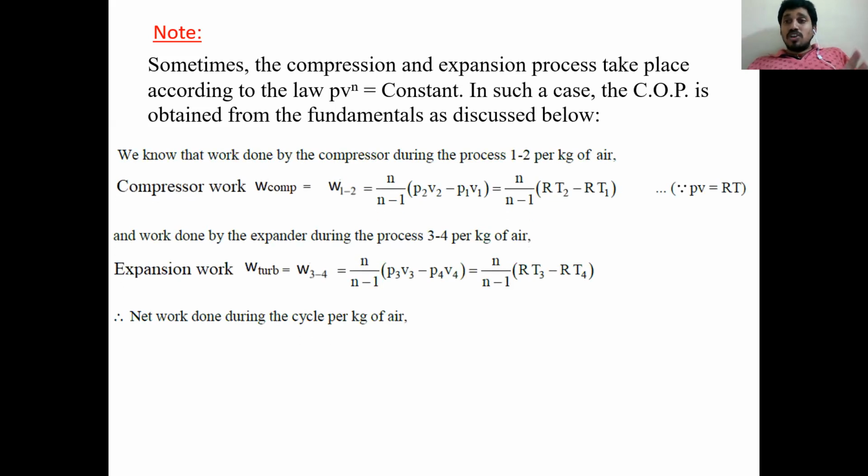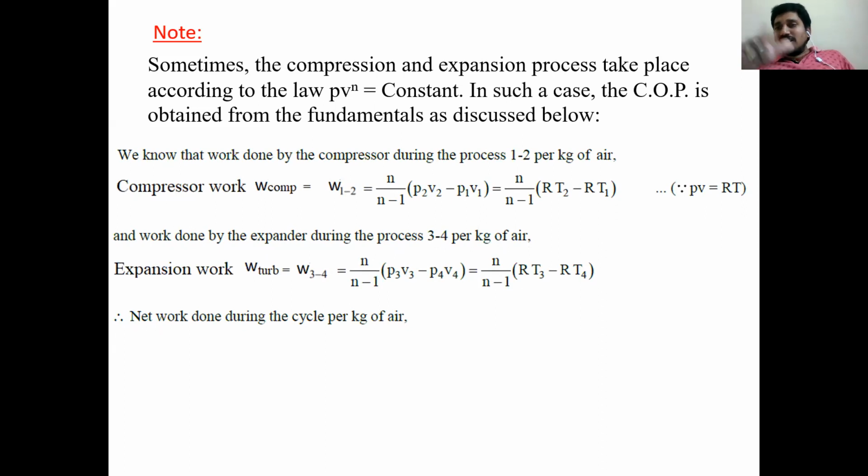Now when we follow a polytropic process, PV power N is equal to constant. First of all, we write the compression work and expansion work in terms of the polytropic process. So first of all, I write the compression work. Compression work W12 is equal to, for polytropic,